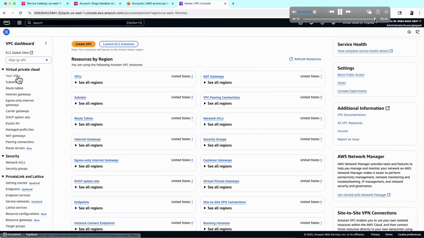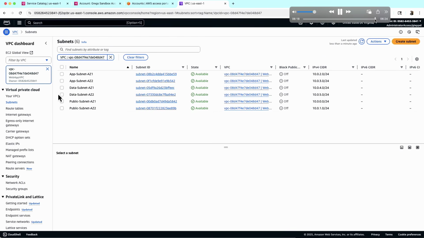I'll just fast forward a bit here. So now I've gone into that account. You can basically see those AZs. So this is just proof that, hey, that CloudFormation template actually got deployed, properly baselined the account, and created the network architecture that I need for my 3-tier web app.